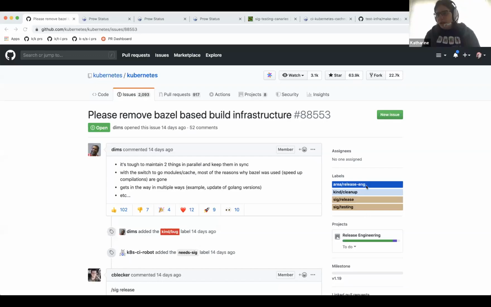Cool. Okay, so basically, there is a substantial amount of interest in the community in removing Bazel from Kubernetes only, not test infra, but Kubernetes, as it causes a whole bunch of friction, which is not necessarily required when updating things, and also when people are just going about their days and suddenly,